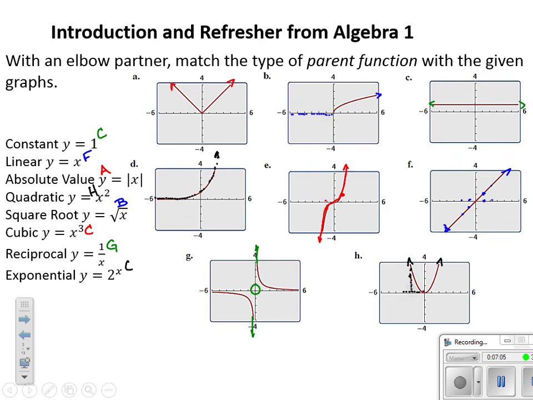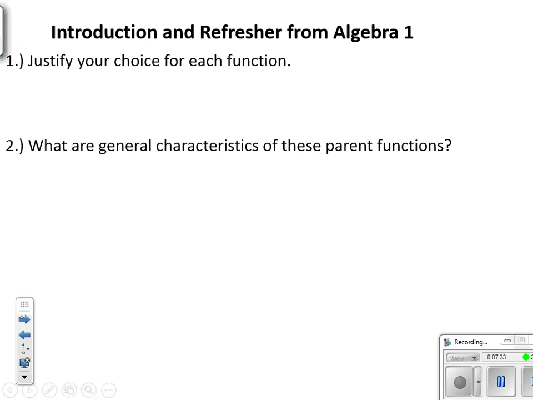And the thing I notice is that they're all situated around the point 0, 0, maybe with a couple exceptions, but most of them pass through or are centered around the origin. And that is a general characteristic that is very important, because as we start manipulating these, transforming them, they will move away from that. So this is like a starting point that we can then transform.